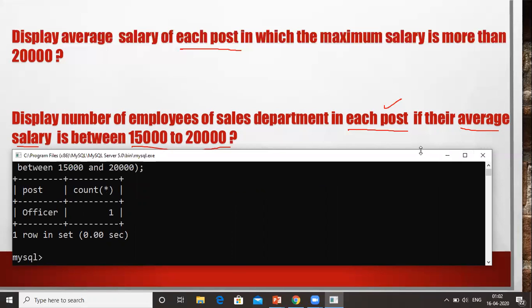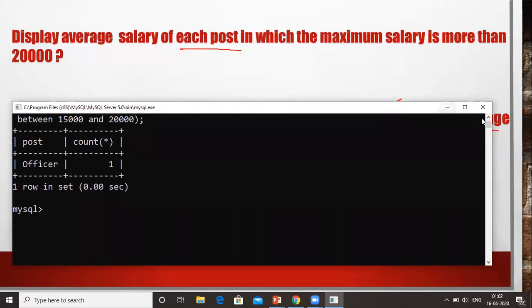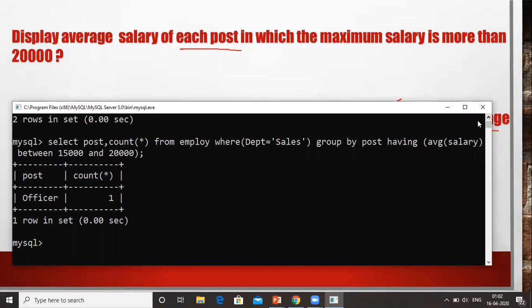So you can see that in this we are getting only officers. So first it obtained the records of all the employees where department is sales. Once it obtained all the sales department employee records, then all those records are divided into groups on the basis of post, and the group which satisfies the condition of the having clause is included in the result.